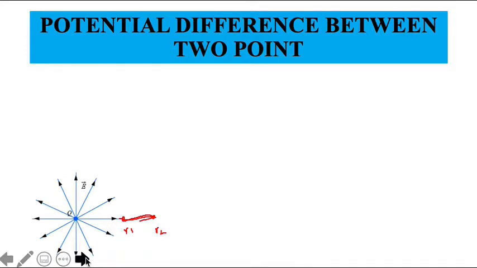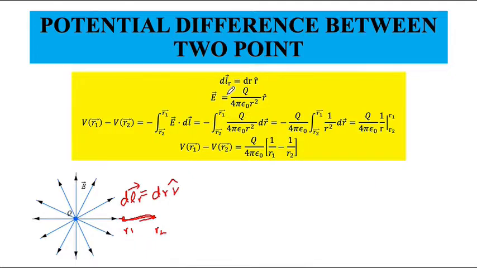So the path itself is given by dl = dr r hat. Okay, so this is how my path is given. Do not include minus dr; I'm not including minus dr over here. Minus dr will come on its own. So dl = dr r hat, and then the electric field is given by q by 4 pi epsilon naught r square in the direction of r. Okay, that is the value of the electric field.